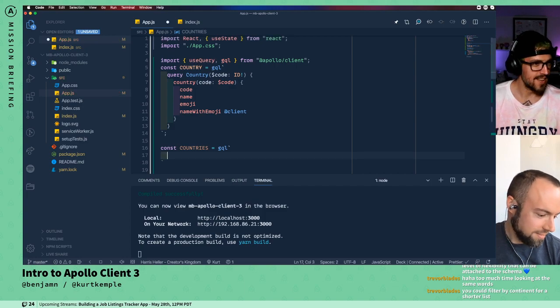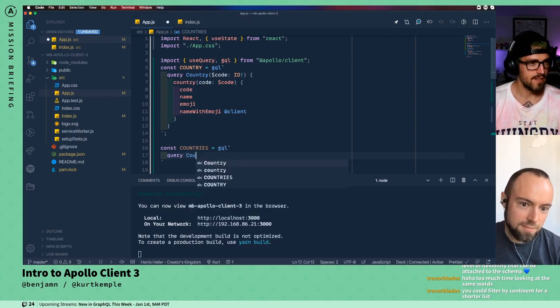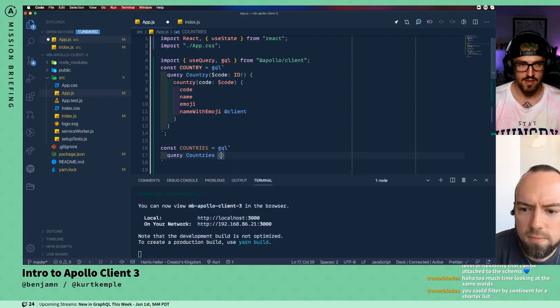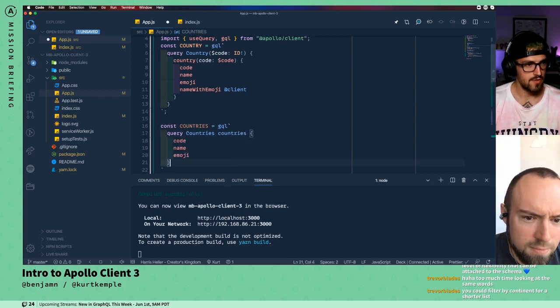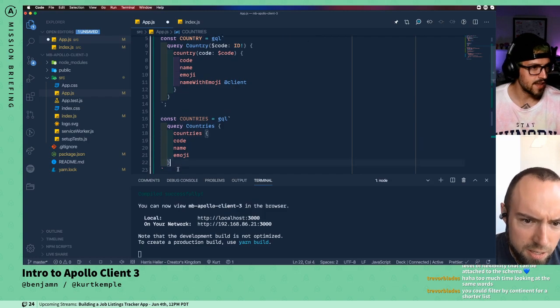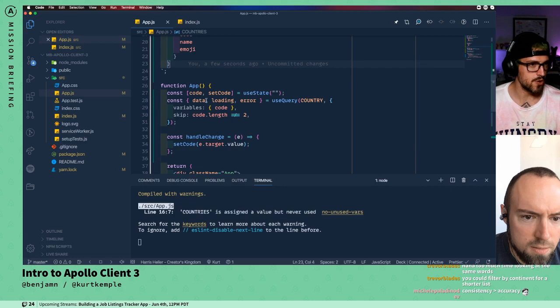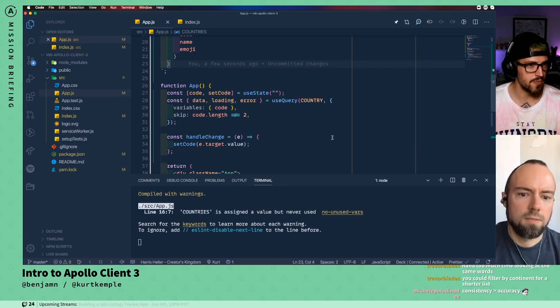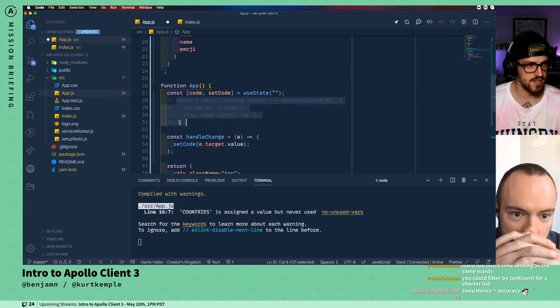All right, and then this is going to be query countries. Oh, we will need one more little thing. I do need that root field, I guess. Yep. Okay, cool. So we have countries. We're not doing anything with it yet. Let's go flip this out. Actually, I'm just going to add another useQuery, I guess. Yeah, exactly. Let's do